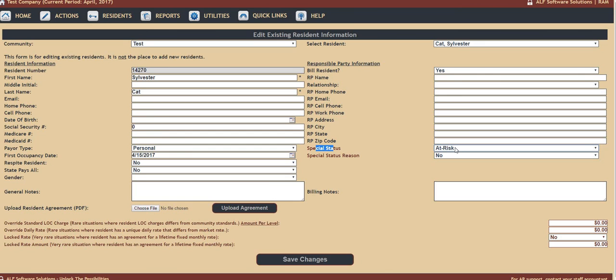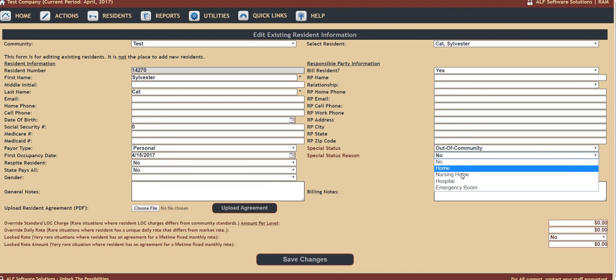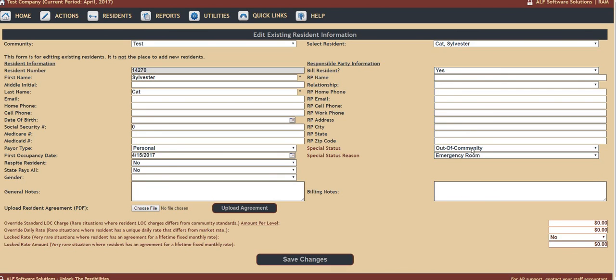The two different drop downs will have two different groups of options as a status reason. The at risk will have a higher level of care and hospice section. Out of the community will have home, nursing home, hospital, and emergencies section. Okay, so once the changes have been made, you click Save, and your DSR report will adjust to the new settings. To take somebody off the at-risk or out of the community, you simply hit No, Save Changes,